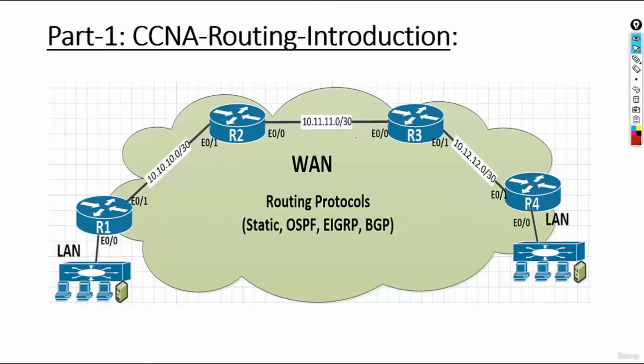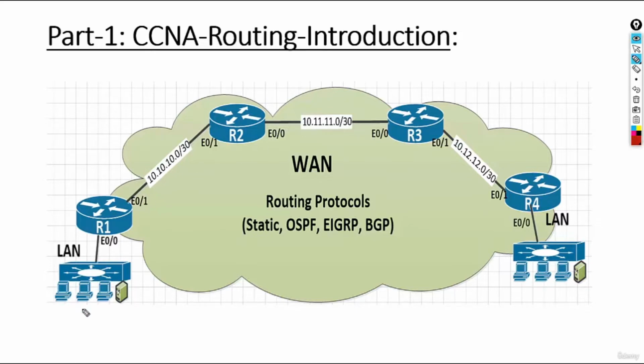So guys, in this lecture, we are going to talk about introduction to basic routing. When you look at this particular diagram, we are going to see four routers. There's router 1, router 2, router 3, router 4. And also routers are connected to different network segments. In this example, router 2 is connected to the 10.10.10.0 network segment, and router 2 is also connected to the 10.11.11.0 network